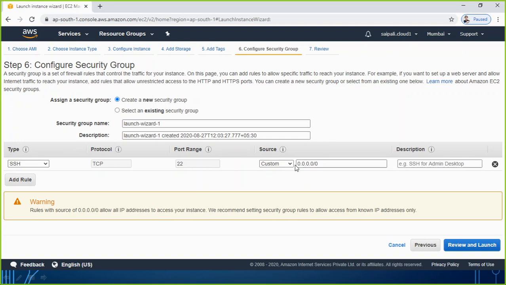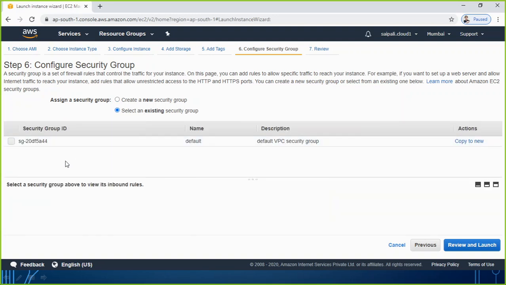When we were creating the Windows instance, RDP was already there. If you already have an existing security group which you have used for any other previous instance, you can go to the choose option. Right now I don't have any security group, because I created one in the last session for Windows, but I deleted it. Otherwise it could have given me here in the list.